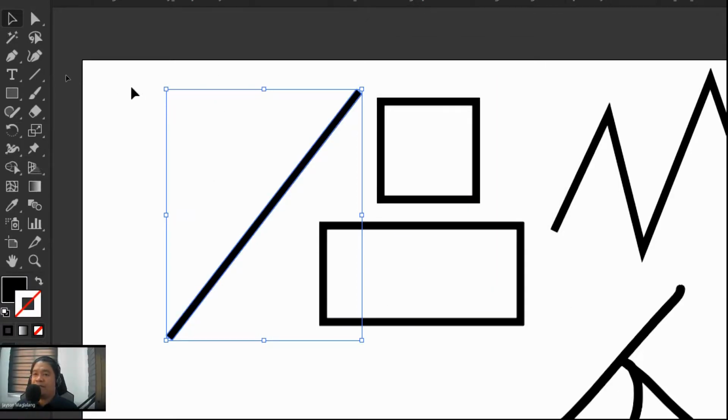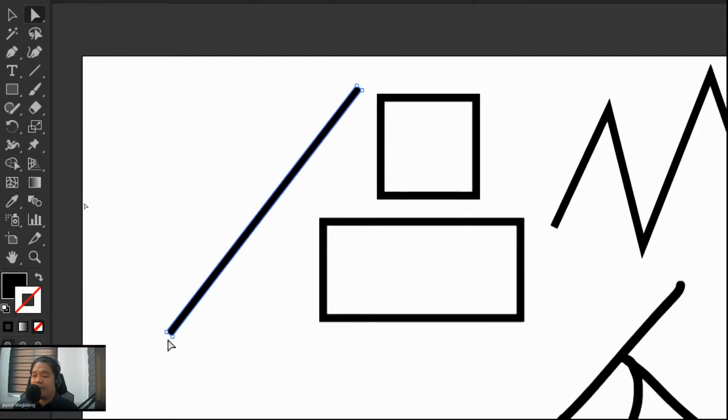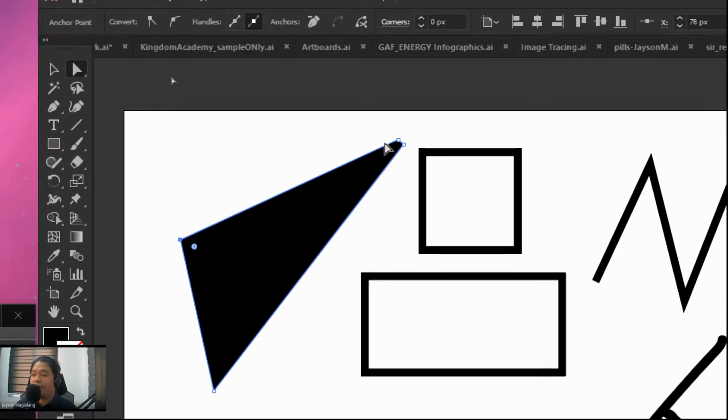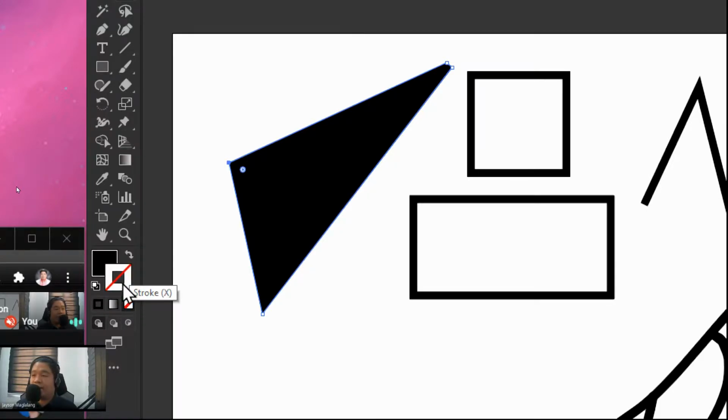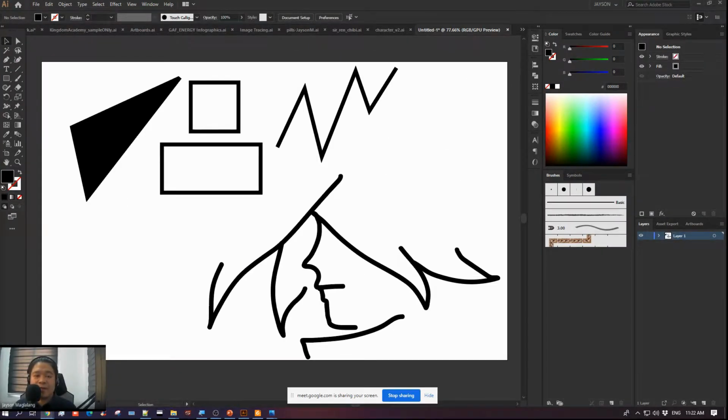And from there, using my direct selection tool, gaya ng discussion natin before, it can directly select yung mga path. So I can double click yung mga anchor points like that. I can just drag it, something like that. As you can see here also, while it's still being selected, hindi na siya treated ni Illustrator as stroke, diba? So hindi na daw siya stroke, but rather fill na daw siya, fill color. So in that case, nakita natin na na-expand yung line into this shape. Okay. Also class,